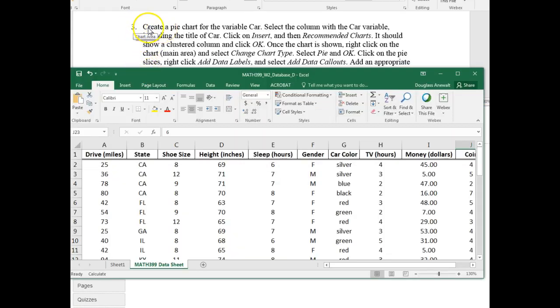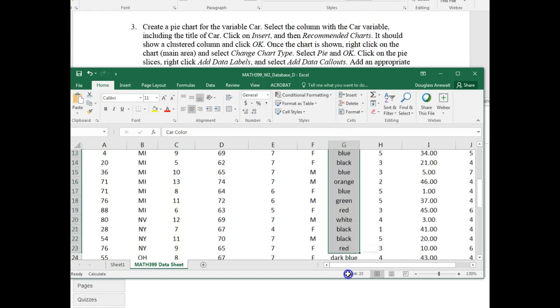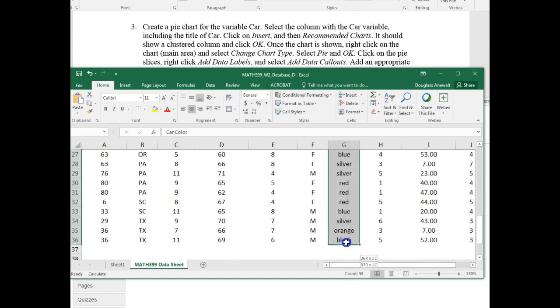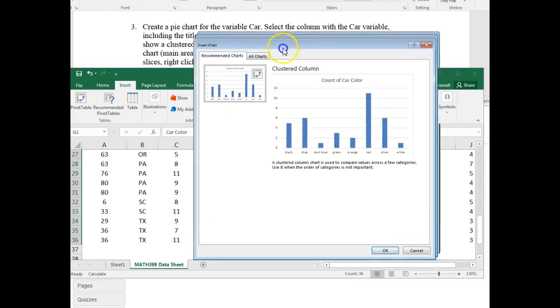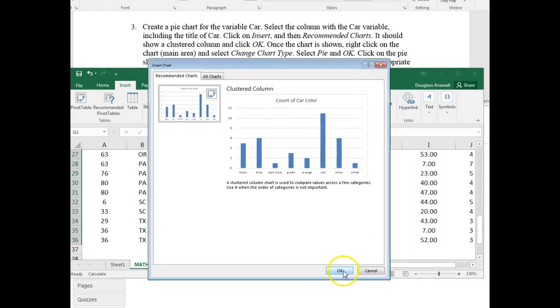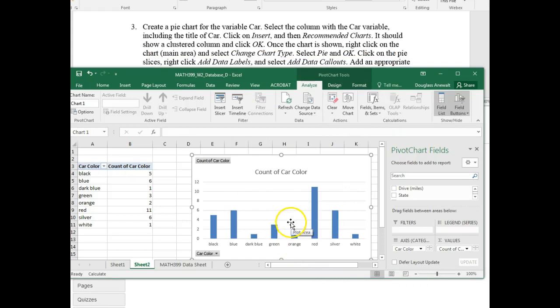In question 3, we are creating a pie chart for the variable car, and these directions tell you the fastest and easiest way to do it. So select the column car, including the title. So I'm going to select it all. And then click on Insert, and here Recommended Charts. And it shows a clustered column. That's what it says it should show. Click OK. So we don't have a pie chart yet, but what we're going to do,